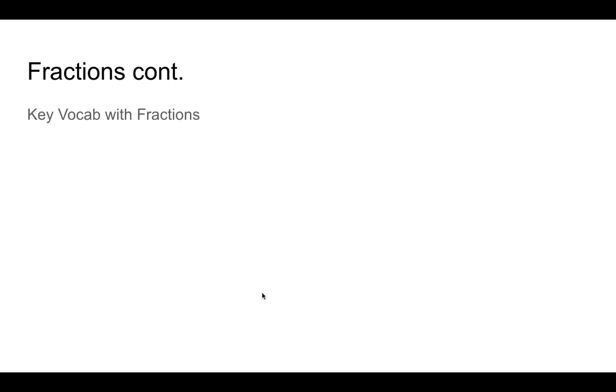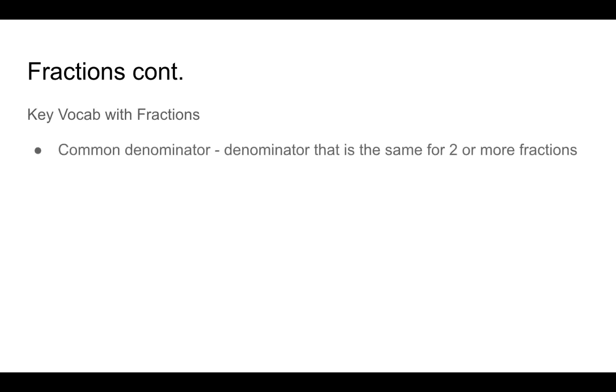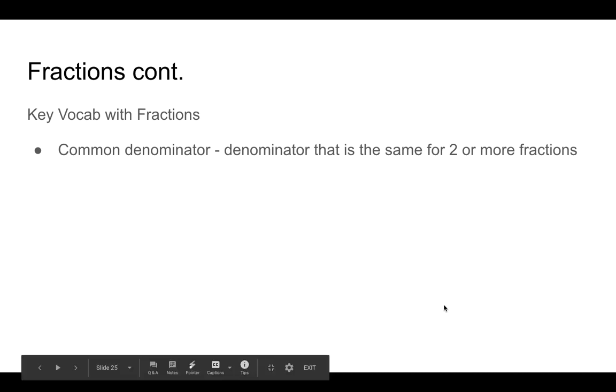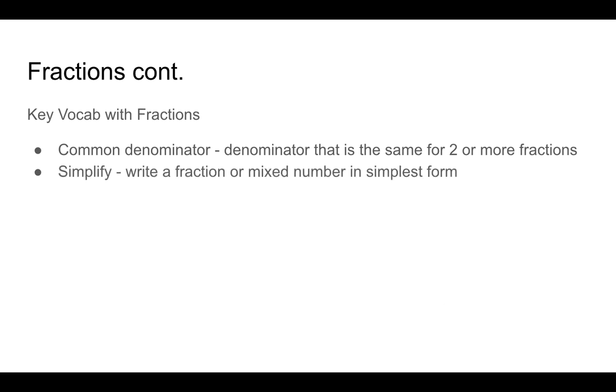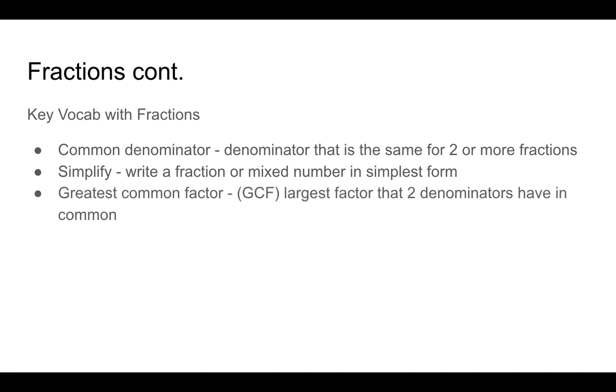Some key vocabulary that goes with fractions. We've got the common denominator, and it's a denominator that's the same for 2 or more fractions, which we will be using. Simplifying, this means we write the fraction or mixed number in the smallest, simplest form. It might say put it in simplest form. So if I have 4/8, I can make that become 1/2 because 4 and 8 can both be divided by 4. Next one is the greatest common factor, the GCF, which is the largest factor that two denominators would have in